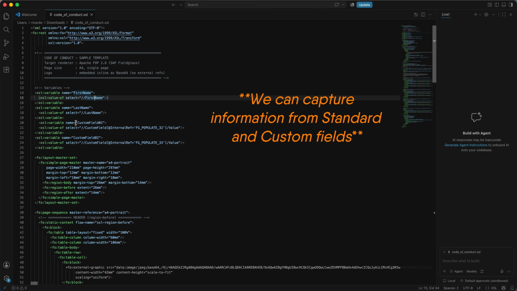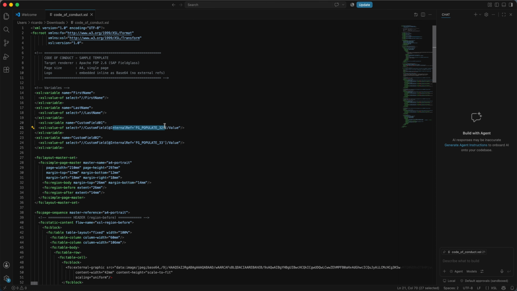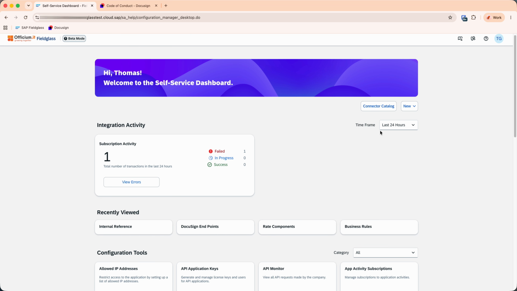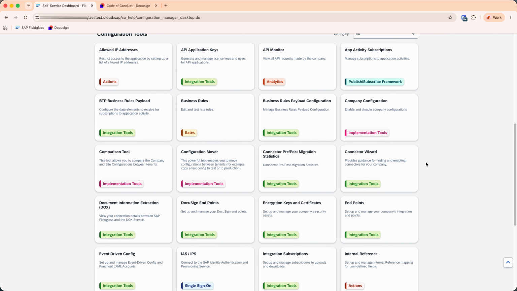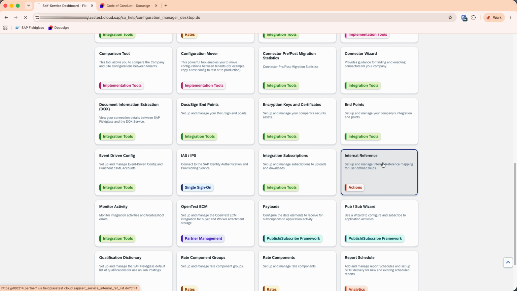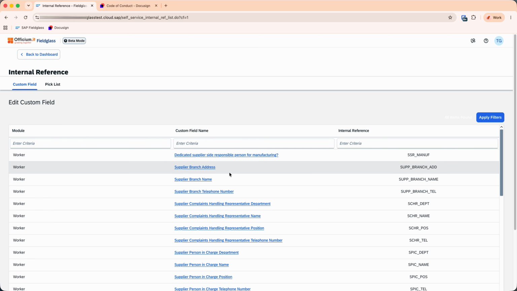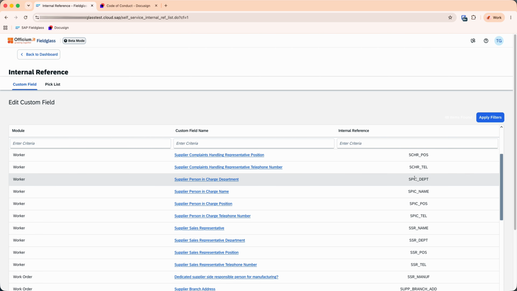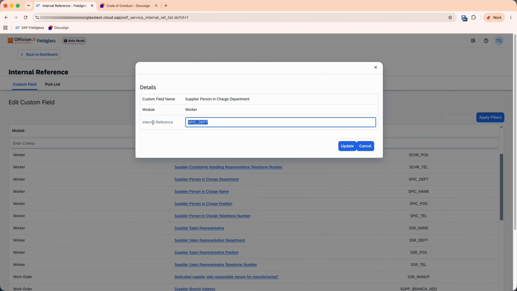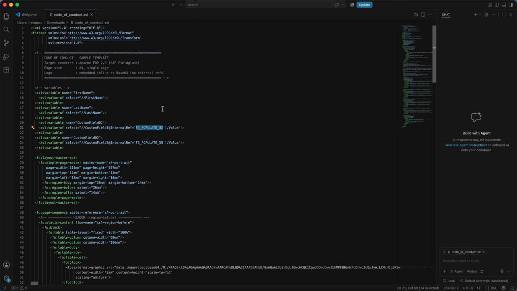For custom fields, we need a different way of calling them, and we need to use an internal reference. The internal references are defined in Fieldglass via Configuration Manager. So moving to the system's Configuration Manager, you need to find an option called internal reference. Here we can find all the system custom fields and define an internal reference for each one, and then later it can be called by our template, which will read this information for every worker and automatically populate the PDF